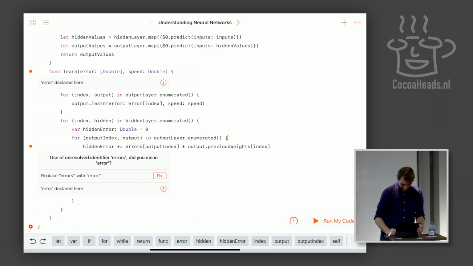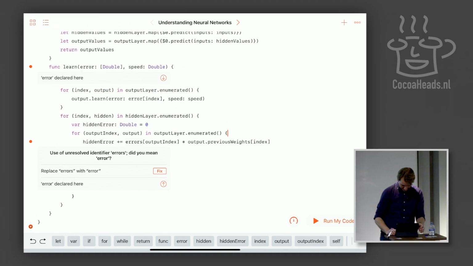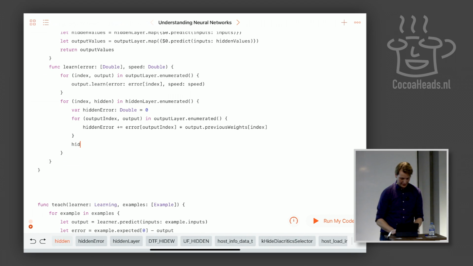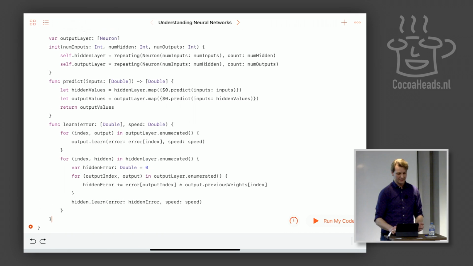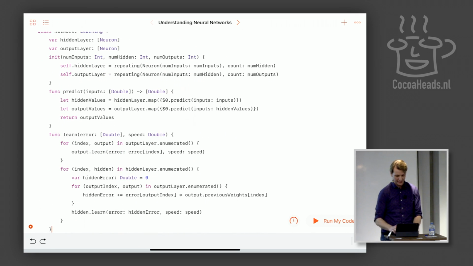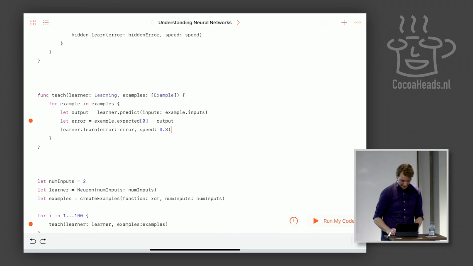What's the error? I have errors here. So now we can learn the hidden neuron. We can learn the error that we just computed, the hidden error, and then with the same speed, hidden error. And that's basically it. So this is a network that can train, and I can show you the XOR function,